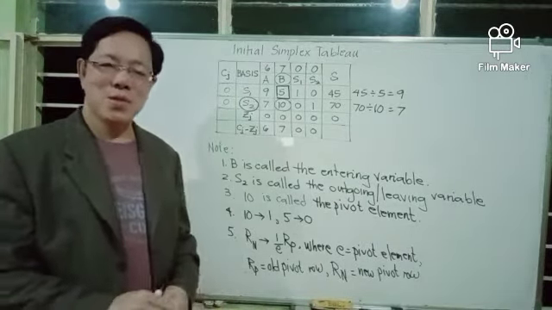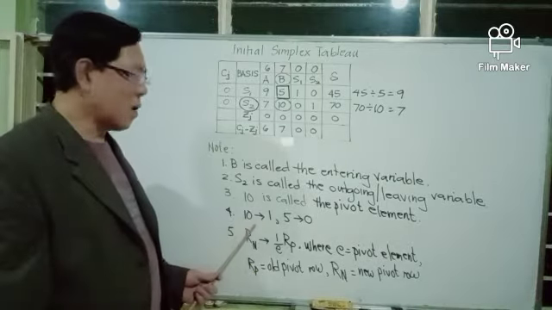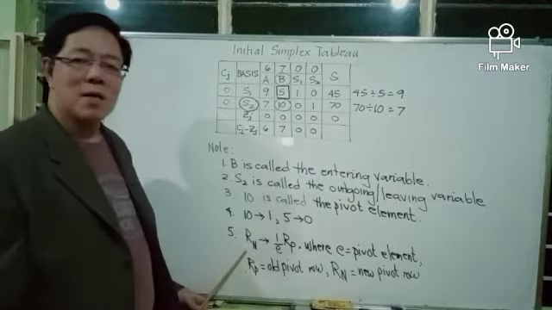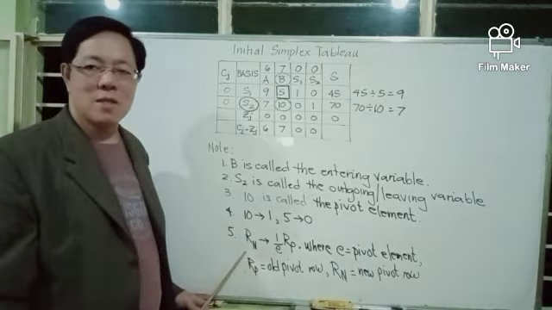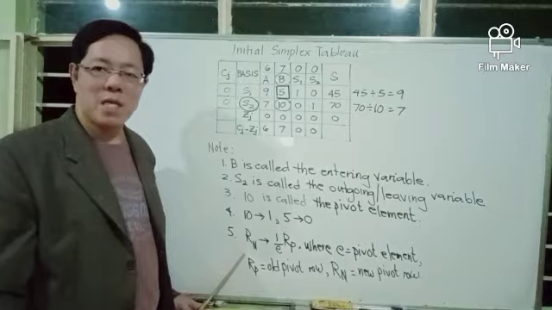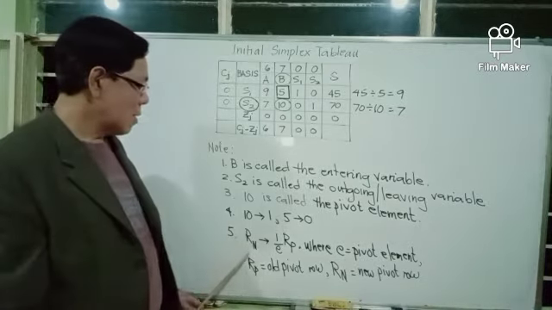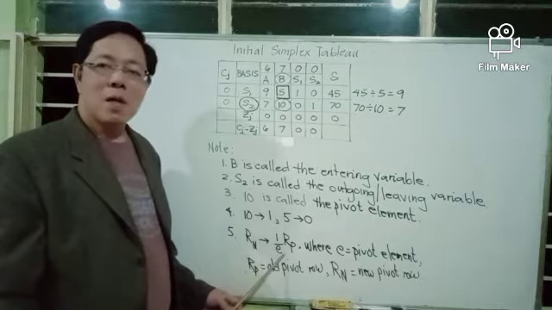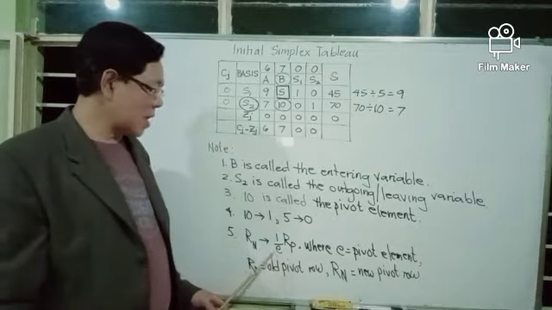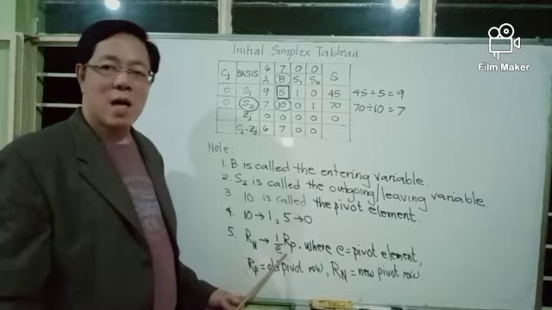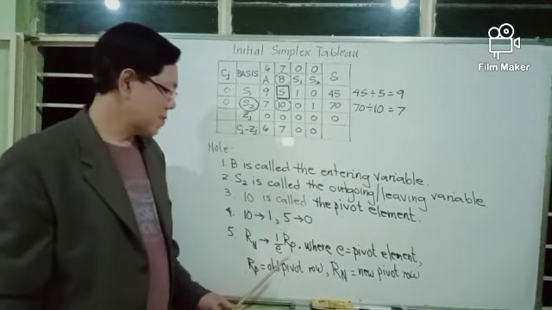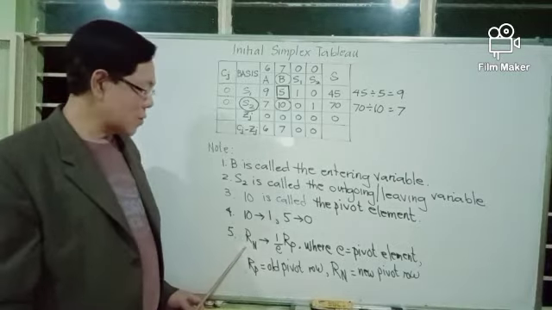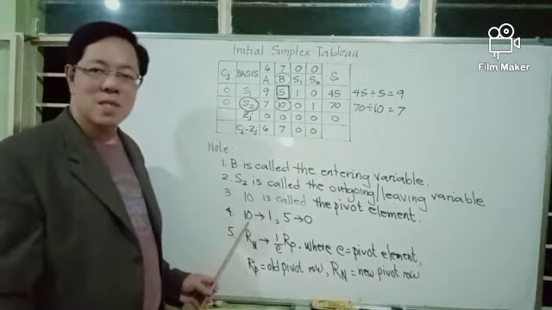Again, to change an entry or convert an entry to 1, we apply this elementary row operation. This is actually the first of the 3 elementary row operations where the entries of the original row are replaced by a scalar multiple of the entries of the original row. So this is the elementary operation that we will use to change an entry or convert an entry to